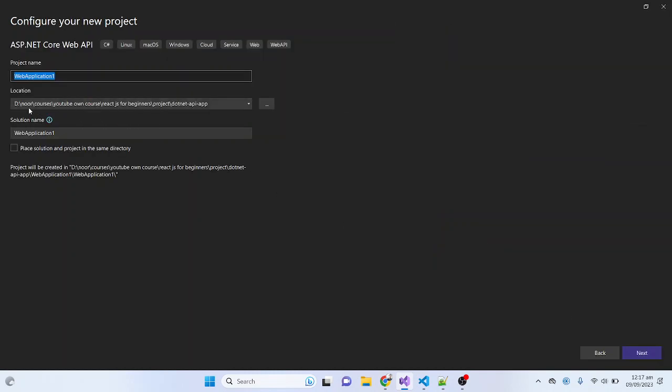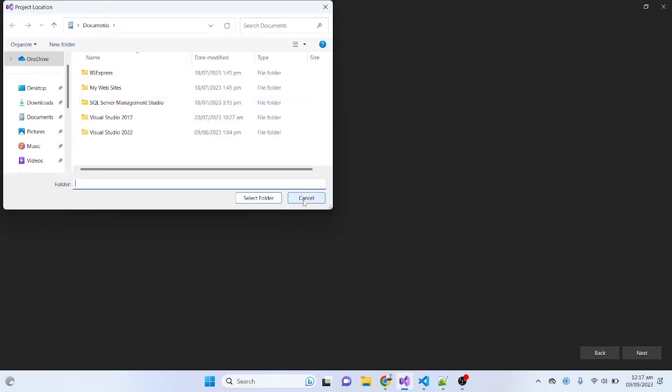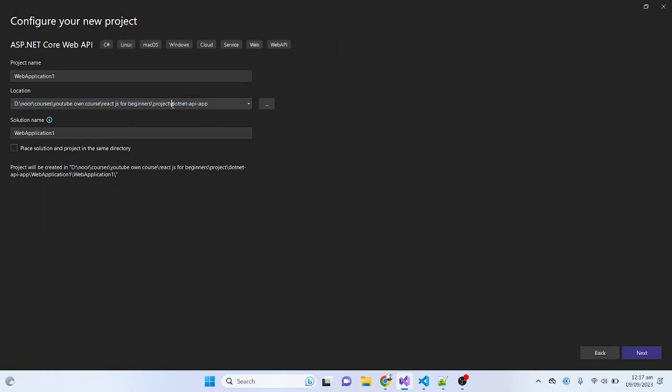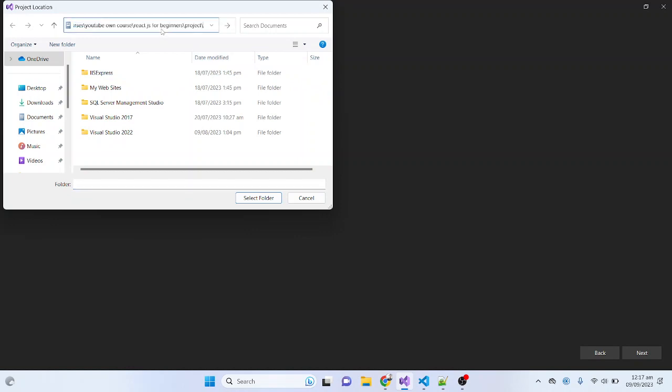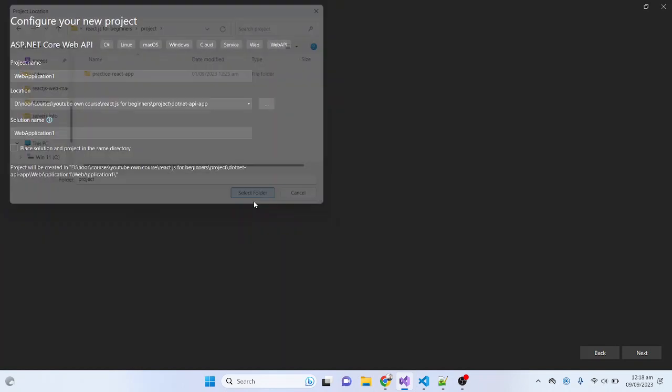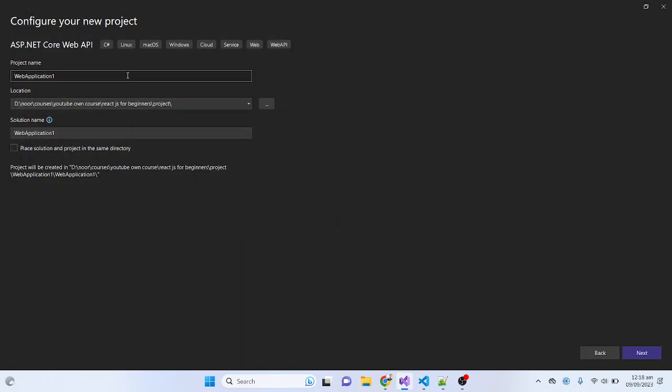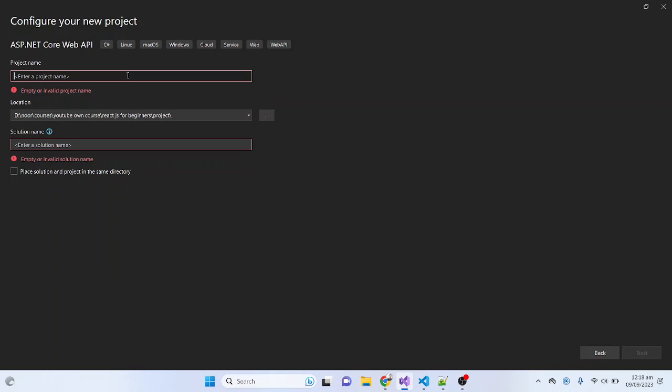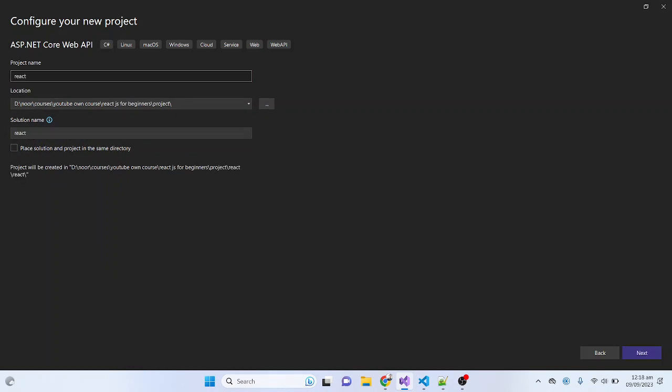Now here it is showing the path of the project. I will save the project inside this directory. Now let me go to the path again. Let me copy this path first, press enter and here practice react app. I will just select this folder and here let me give a name to the project, react.net